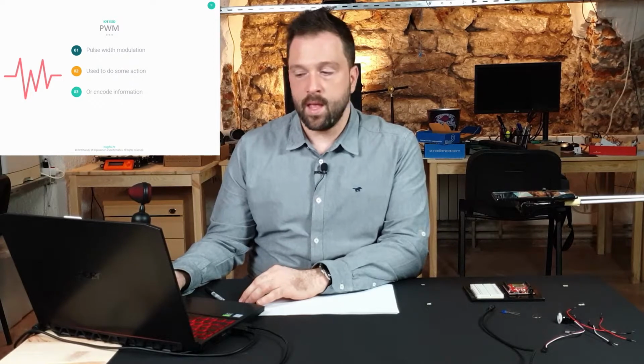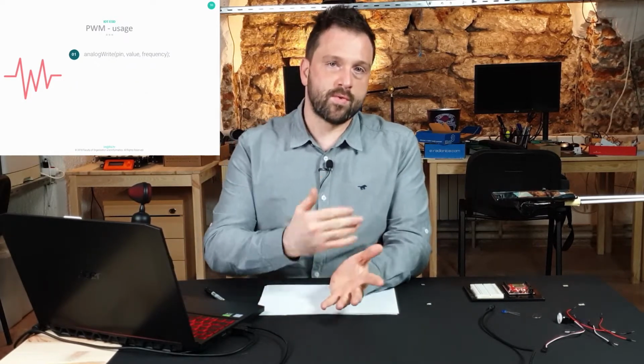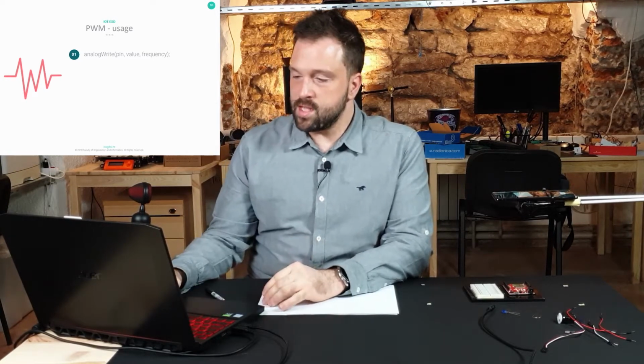Hi guys, in today's video I'm going to talk about PWM, a special kind of signal that is used very often in embedded software development. PWM stands for pulse width modulation, and it is sometimes used to do an action or encode information. And to use PWM in the Arduino environment or Particle Photon, you use a function called analogWrite, which has the following